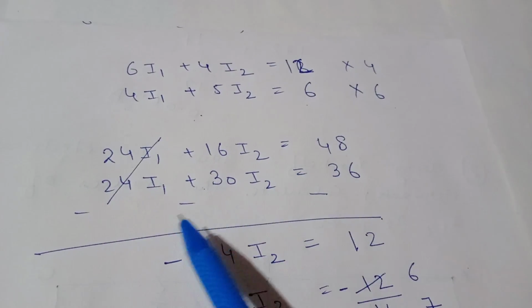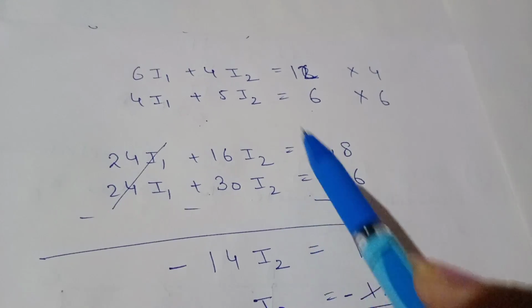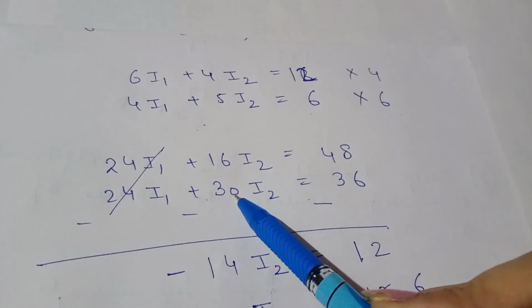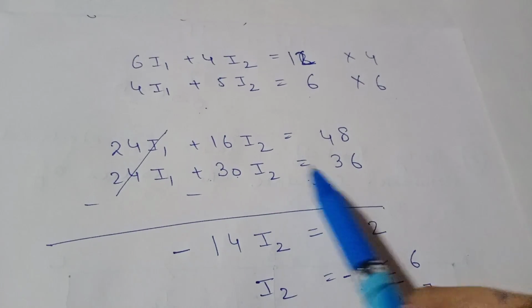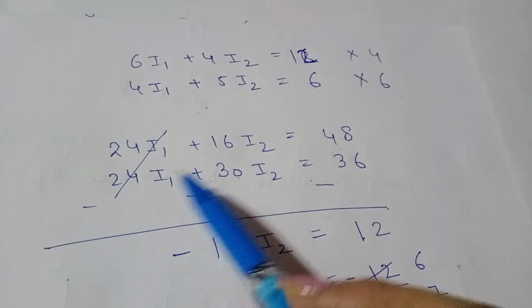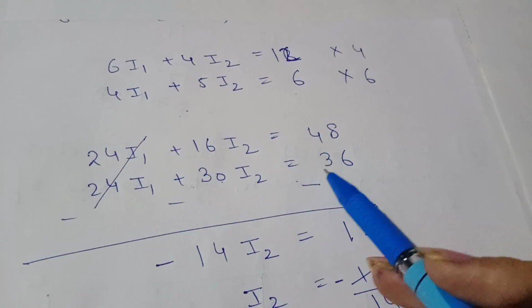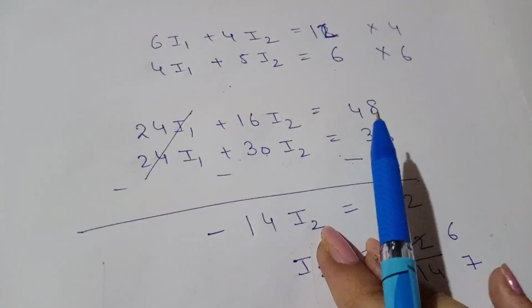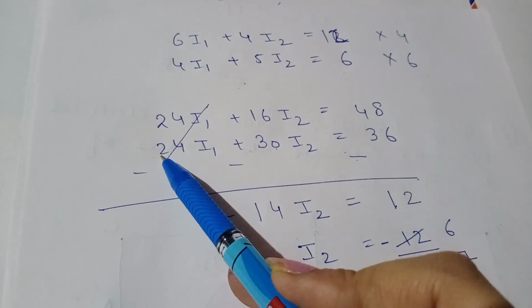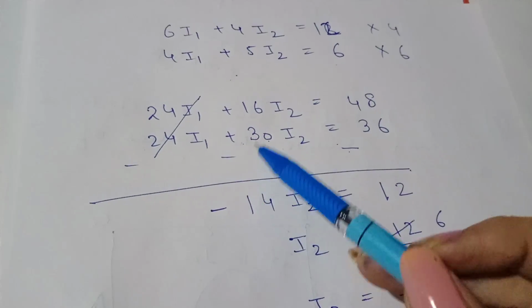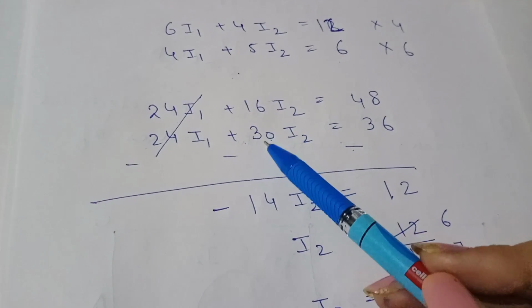Okay, similarly I get these equations. So now what I'll do, I'll subtract them. For subtracting I'll change the sign. This positive becomes negative, this positive becomes negative, and this positive also becomes negative. As the direction sign is opposite, these two terms will cancel out, and after subtracting 30 from 16,